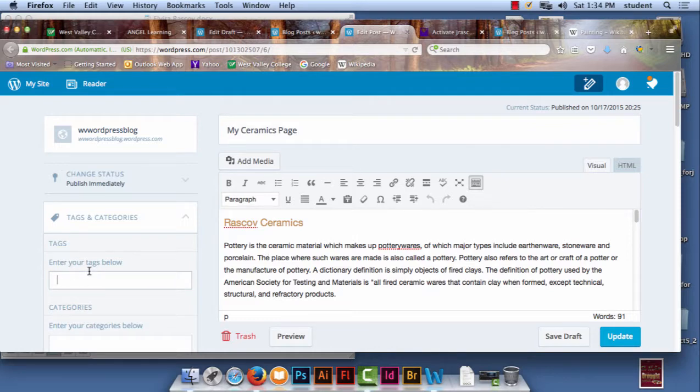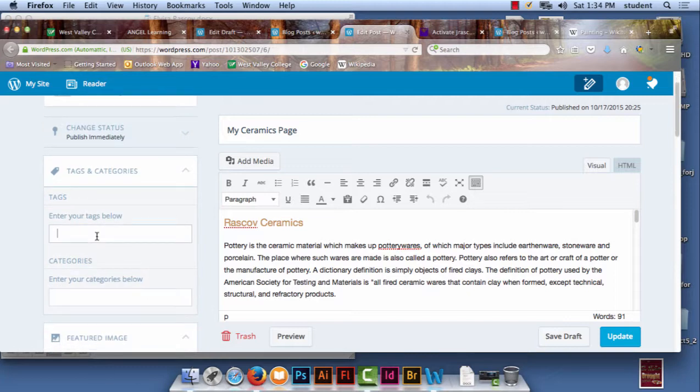Then you can have tags for your page. I'm going to look over here on this side. So once you're in your page, you should have some options over here, right? You have tags and categories, right? So right now there's only one category. It's called uncategorized, and you have no tags. Tags are like keywords, right? Remember we talked about search engine optimization and how people would find your website, right? So what the tags could be for this page, since it's ceramics, it would be Raskov,